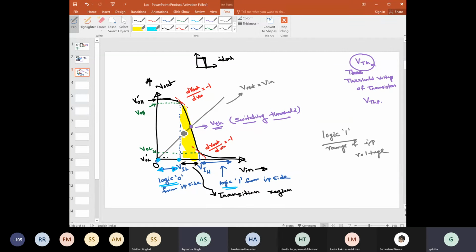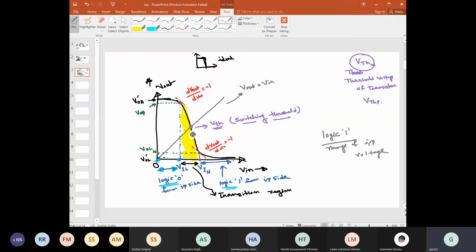Yes, but we have already made a statement about from where to where we are considering it as logic 0. So we should consider logic 0 from this point to this point, and logic 1 from this point to this point. Is this part clear to you? Yes, sir. Okay, fine. Now, while we are defining the threshold voltage,